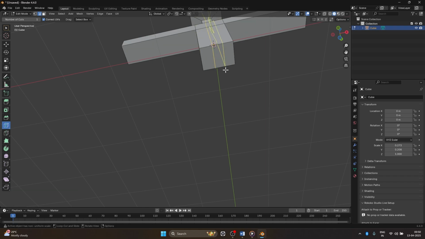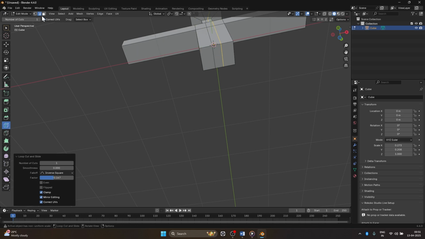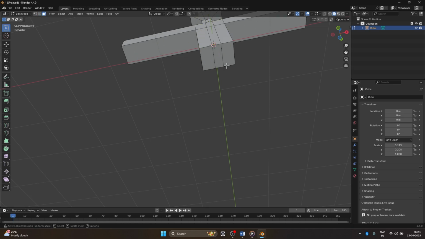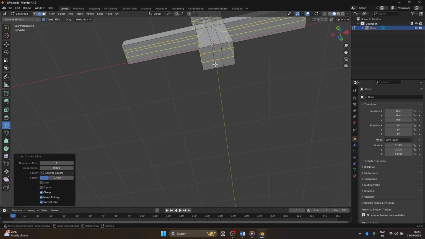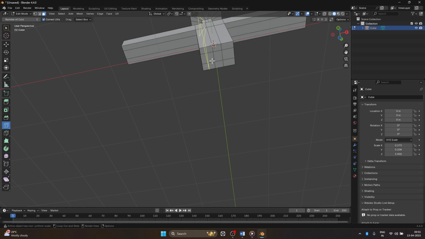Okay, let's go back, hold on, Ctrl R. So what I'm going to do is I'm going to press this, going to extrude the legs from this too. Okay, so we want another loop cut. Let's just give a loop cut, press Ctrl R, Ctrl R,